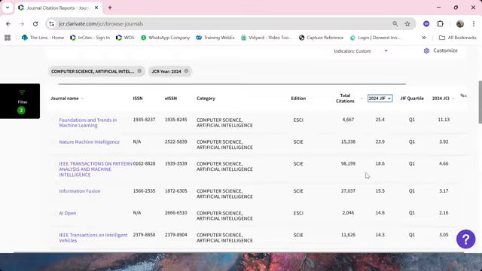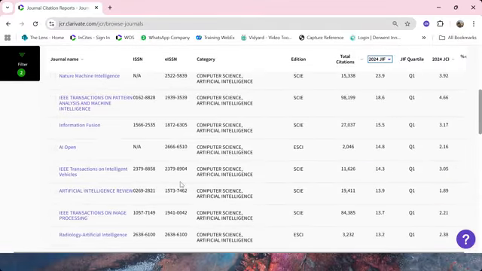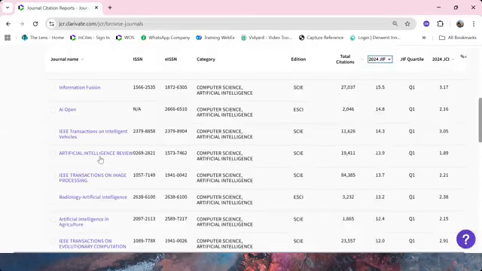Some of these will have very high journal impact factors, right? So let's say this one, Artificial Intelligence Review. Okay, this has a journal impact factor of 13.9, whereas, let me see, this one, Radiology: Artificial Intelligence, has a JIF of 13.2. Okay, not much slight difference. Okay, and Artificial Intelligence Review has a higher journal impact factor.